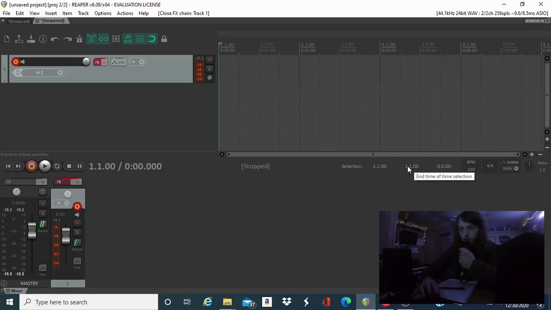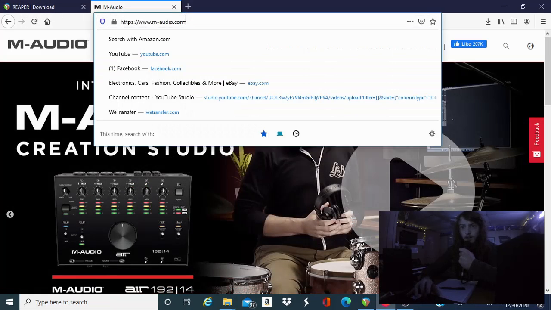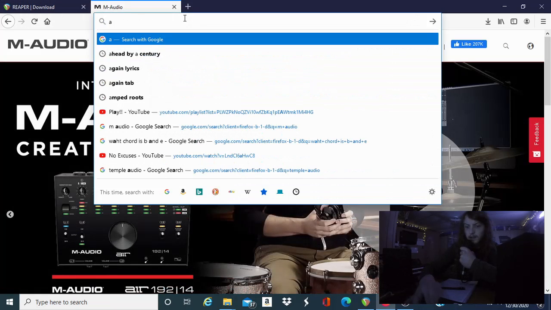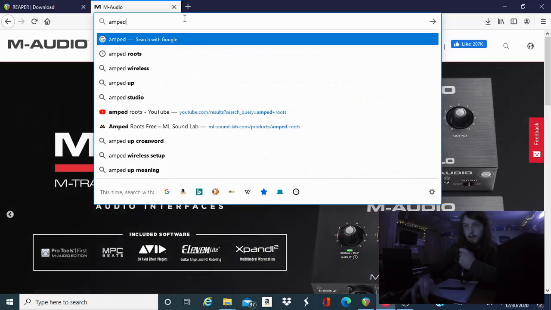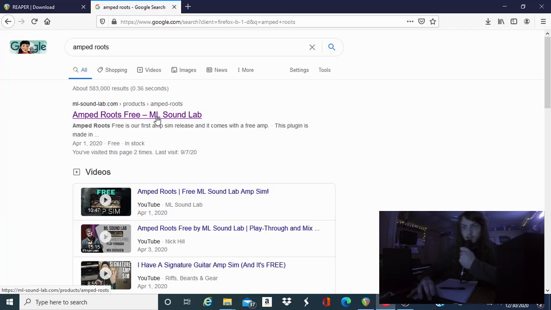Like I said, I'll leave the links in the description. You'll go to the internet, of course, and type in, we'll say Amp Roots, which is the name of it. So once you go there,